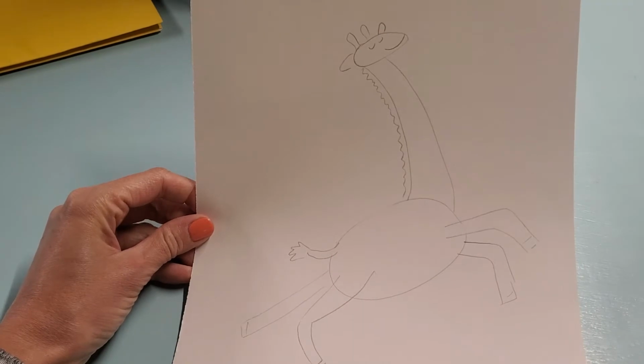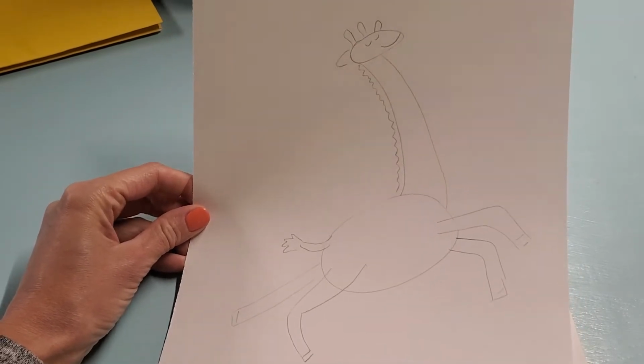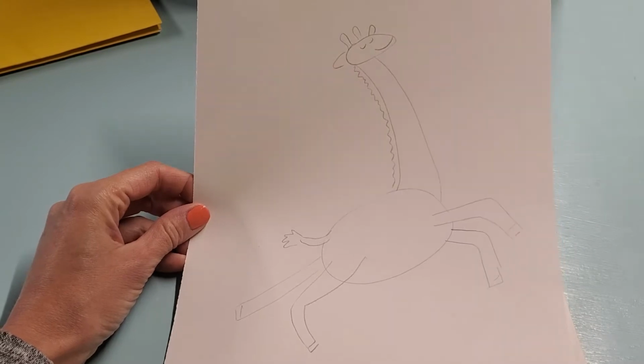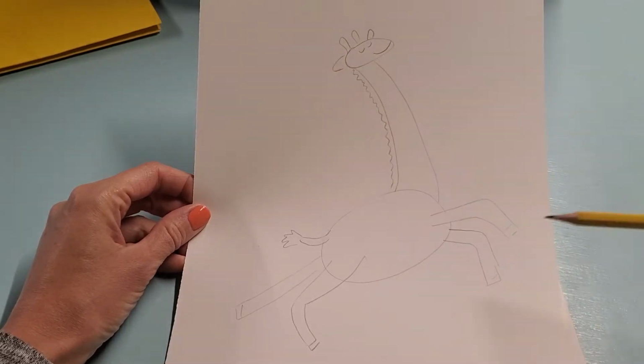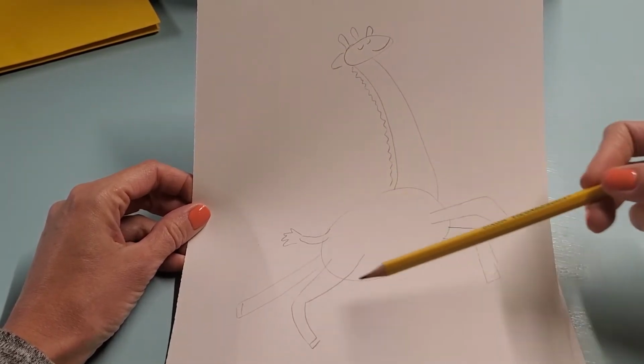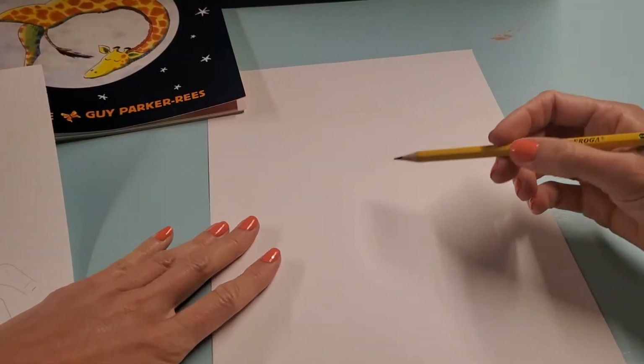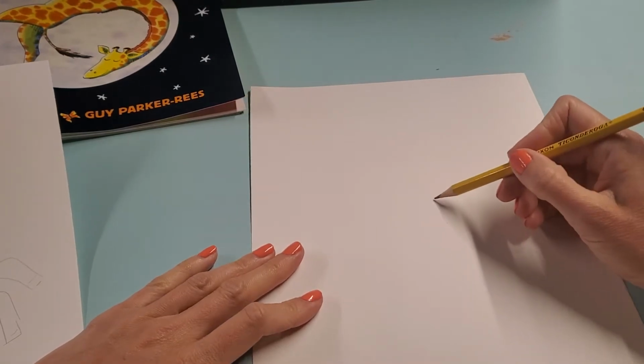So here's a picture that I did that's finished, and yours can look different. You do not have to copy mine. All right, but a giraffe tummy is kind of an oval shape, kind of a circle. So that's what we're going to start with, and we're going to put that in the very middle of our picture. Okay, so I'm going to put the tummy here,